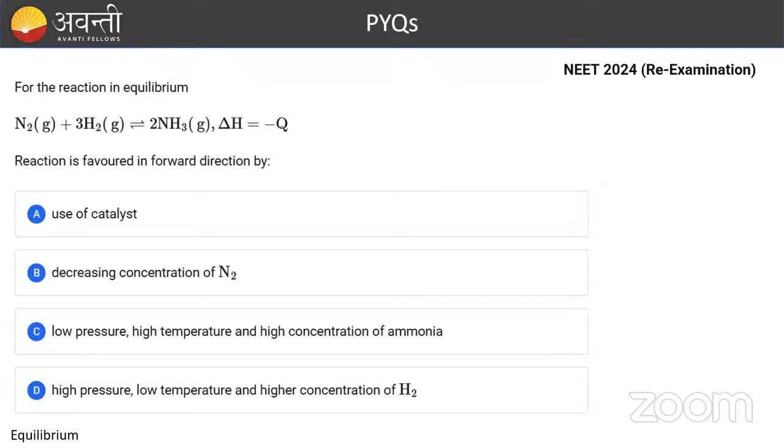Okay, the first one is the use of catalyst. Use of catalyst will not affect the equilibrium, or it will not shift the equilibrium in the forward direction or reverse direction. Catalyst is the substance which will just